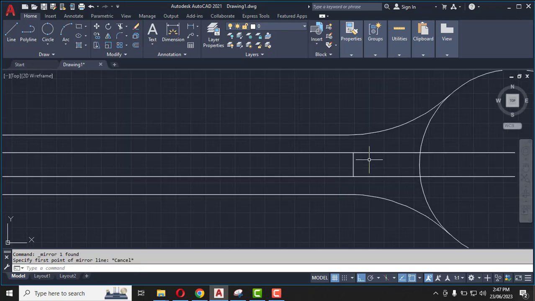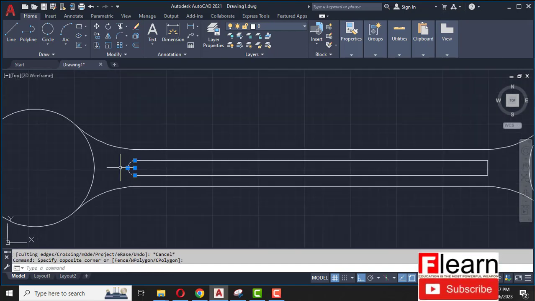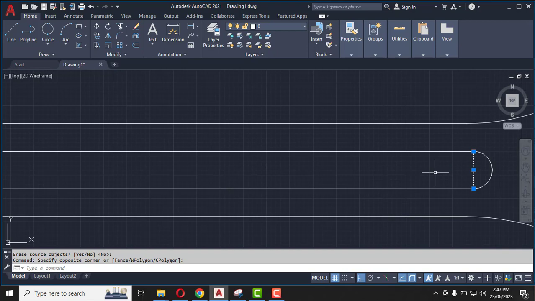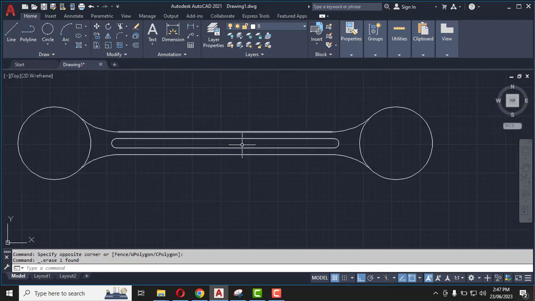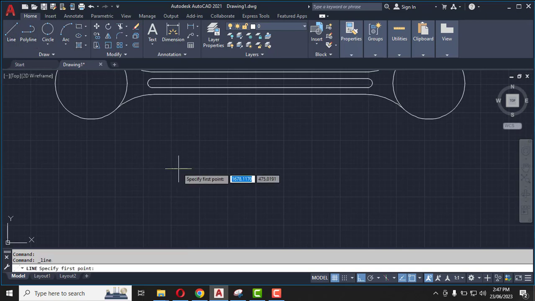Press escape, trim these things, and now I'm going to mirror this line, select this one, mirror, using midpoint, press enter, delete this line, press escape. Now okay, now I'm going to draw using the line tool, line, click here and draw